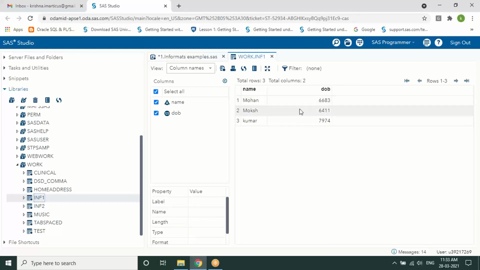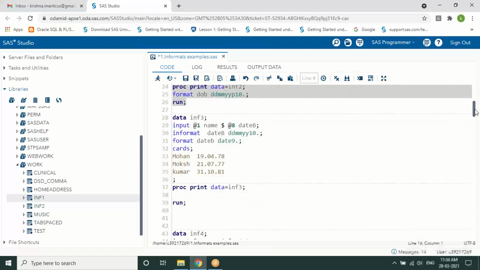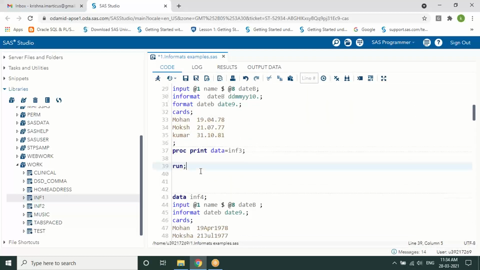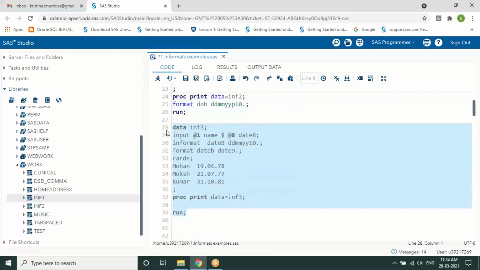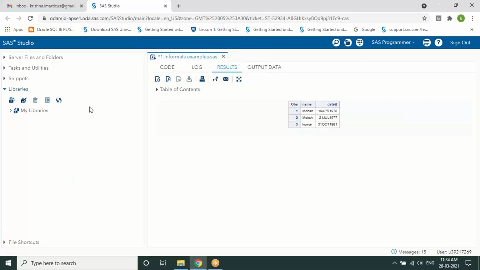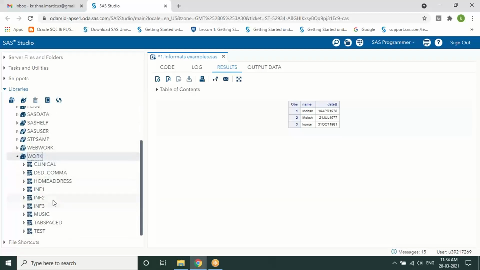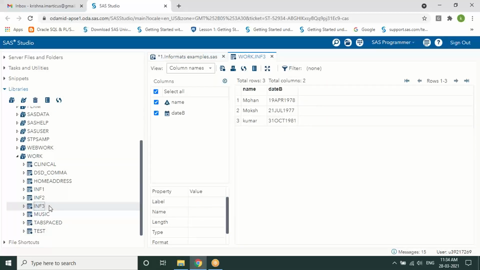Because if I share this data set with someone, what are these numbers? If I call it a date, no one can understand it. So what I'm going to do now is, instead of writing the format statement in a proc print, I'm writing the format statement in the data step only. So what happens? It will get saved into your library, and whatever format you specified will be stored into the data set.